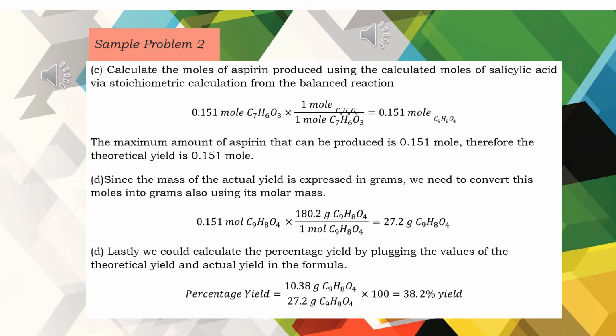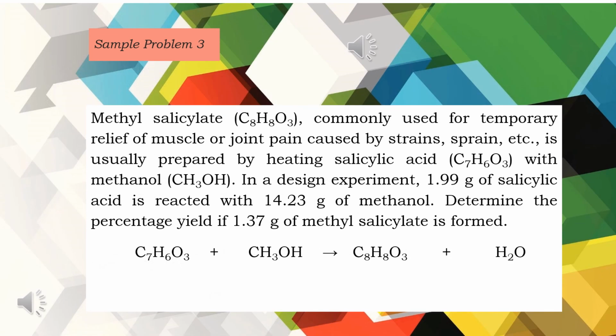Lastly, we could calculate the percentage yield by plugging the values of the theoretical yield and the actual yield in the formula. The given actual yield is 10.38 grams and the calculated theoretical yield is 27.2 grams. Dividing it and multiplying its quotient by 100 will give you 38.2%. Sample problem number 3. Methyl salicylate, commonly used for temporary relief of muscle or joint pain caused by strain